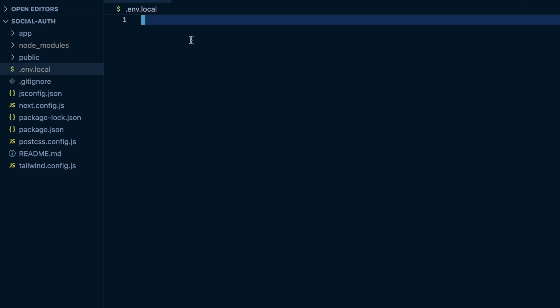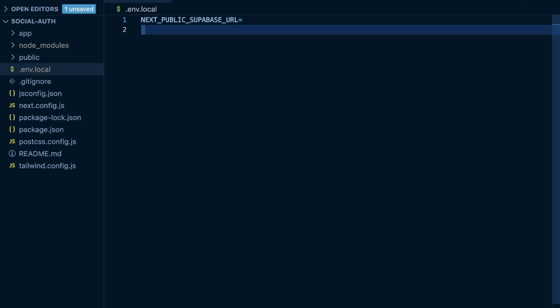And we're going to add two environment variables here. We're going to add our NEXT_PUBLIC_SUPABASE_URL. And then we're also going to set a NEXT_PUBLIC_SUPABASE_ANON_KEY,